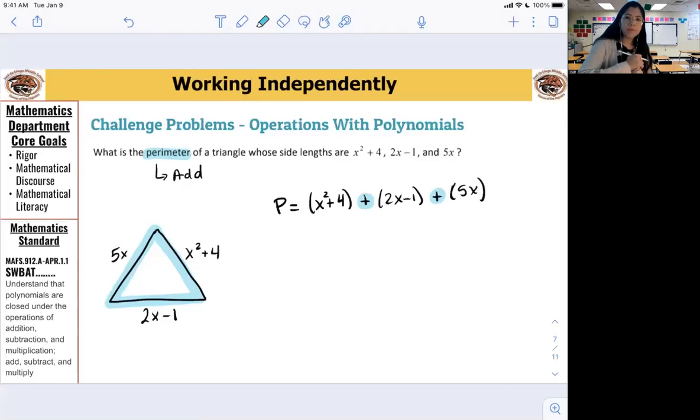2x and 5x. That's one pair of like terms. What's the other pair of like terms? 1 and 4. Negative 1 and 4. So when you're adding